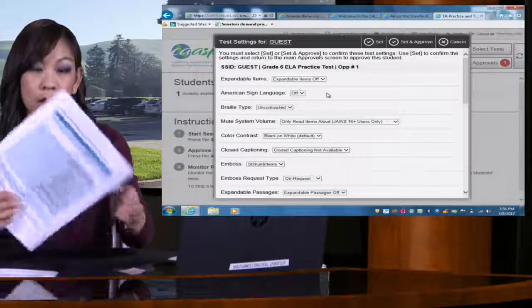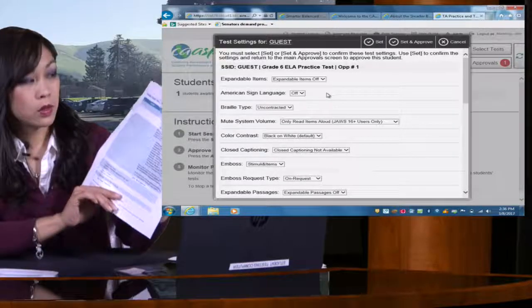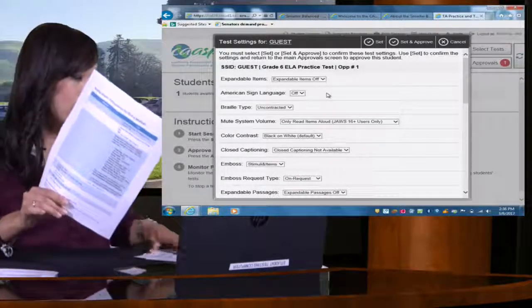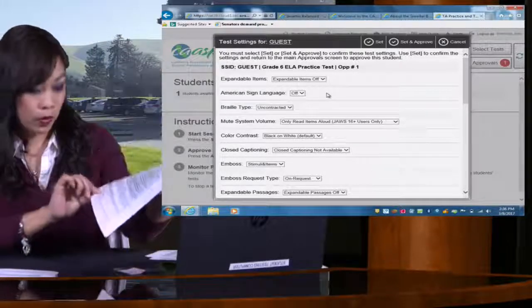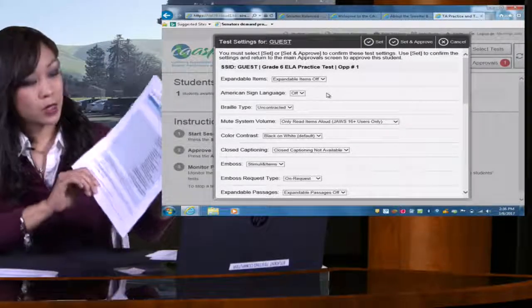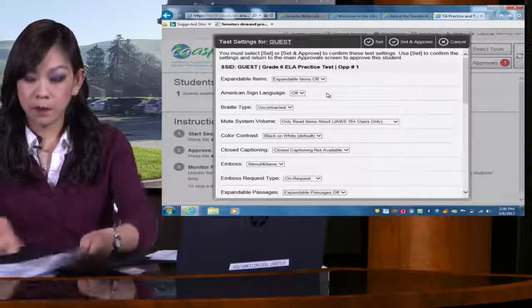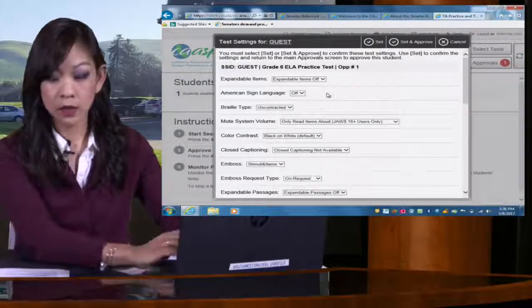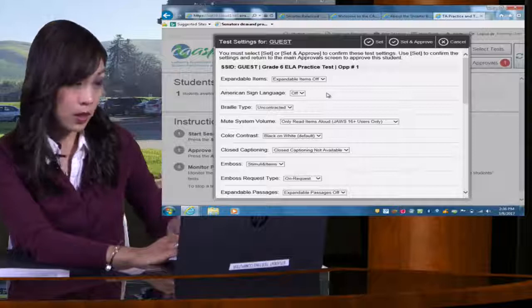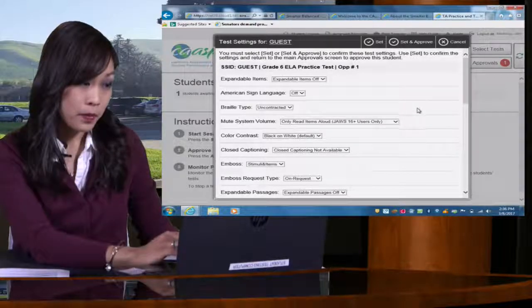So I'm on the page that says Braille users instructions for ELA. This is under logging onto the practice test. It's part of the page, and it'll tell you exactly what you need. So here it'll say presentation, Braille. I've already done that. I need to make sure that the